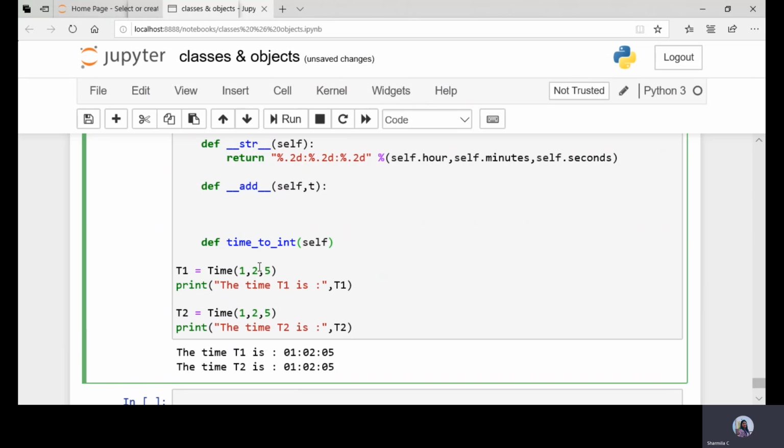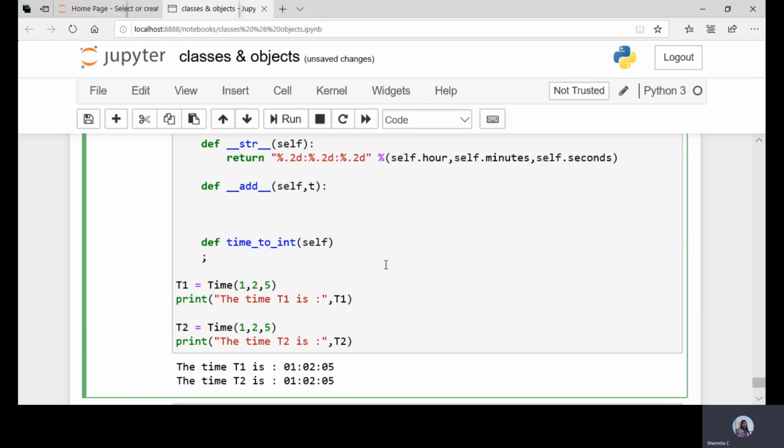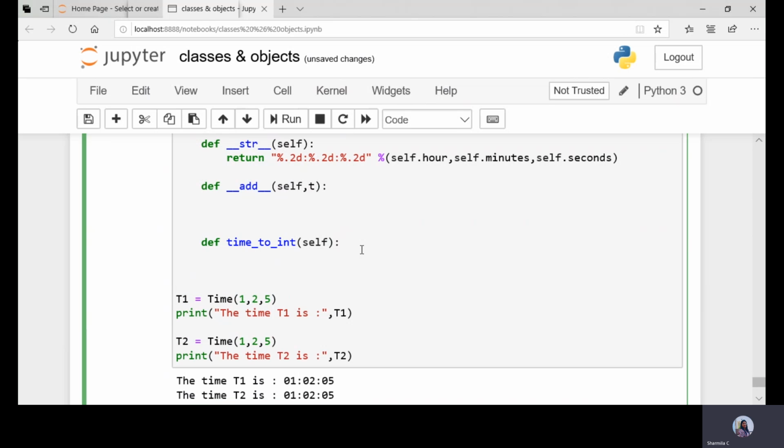So this has to be converted to seconds. So here this self is a reference to the object. If I take t1, this t1 is given as an input to this self. So this self will be a reference to the object t1.